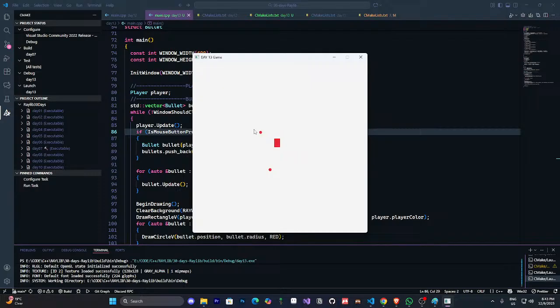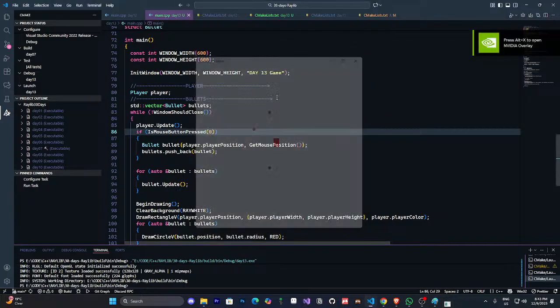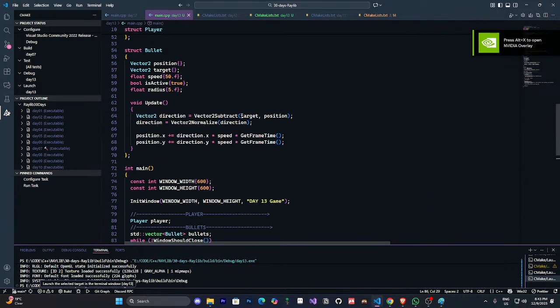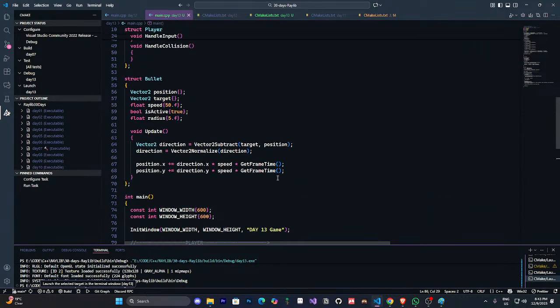So it's working, but there is a slight problem here that target minus position, right? Oh, yeah, but